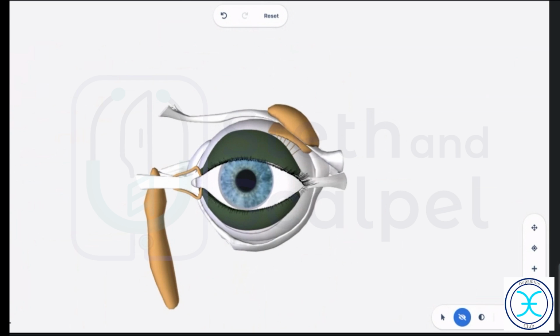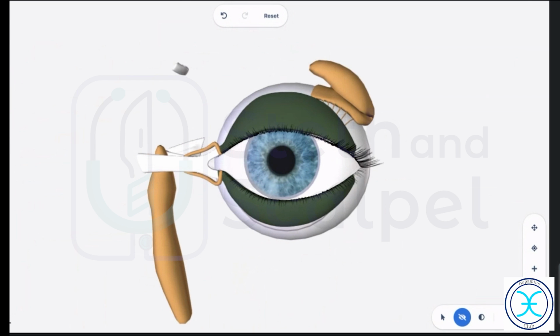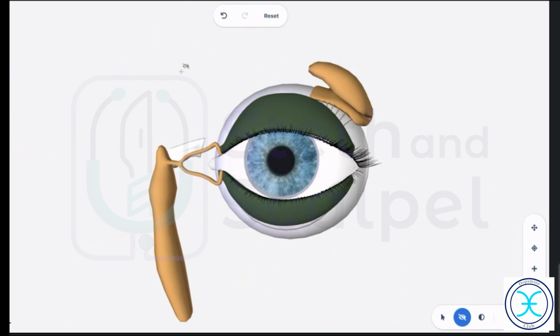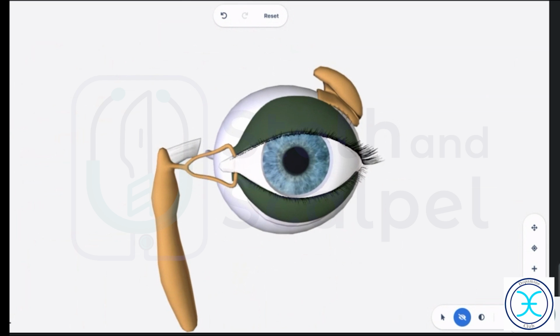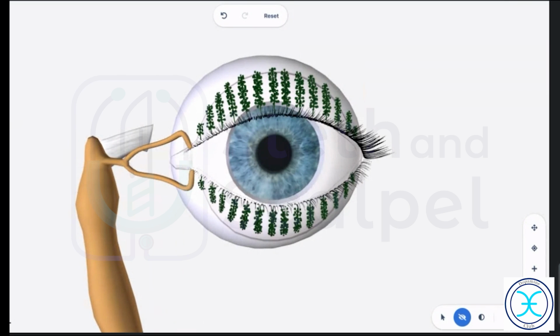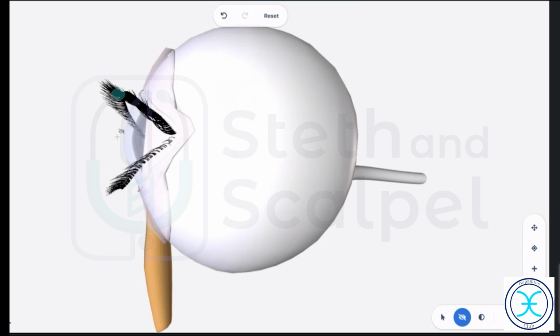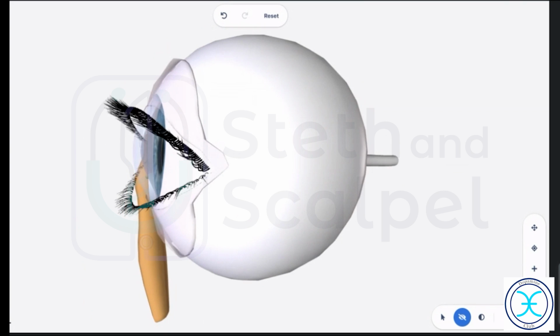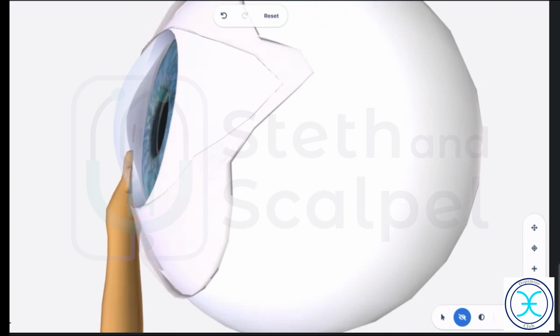Okay, and these ligaments I'll just remove. Yeah. So what do you see now? What is the thing on the top? Lacrimal gland. Yeah, that's a lacrimal gland. We'll remove the tarsal plates. What are these glands over here? Meibomian. Yeah, those are the meibomian glands. So what is this black thing over there? That'll be the eyelashes. Yeah. So we'll remove the eyelashes too. So you see the eyeball over here, right?